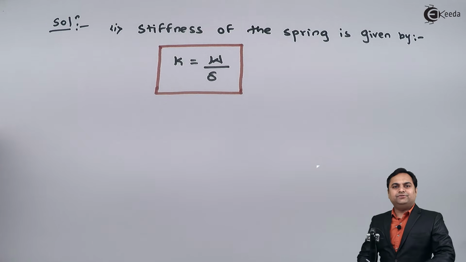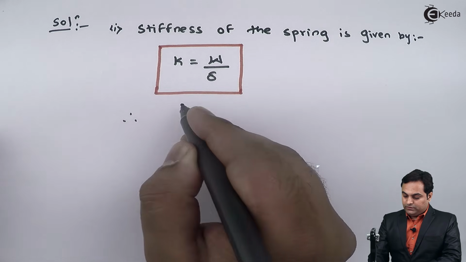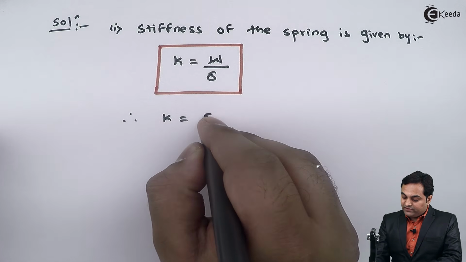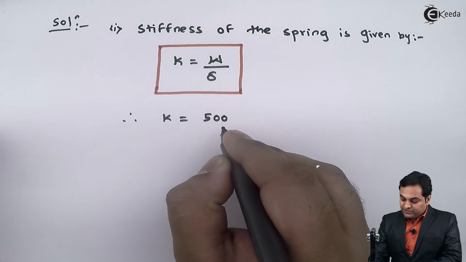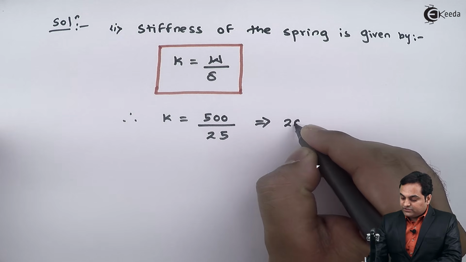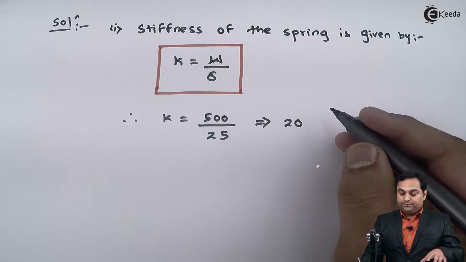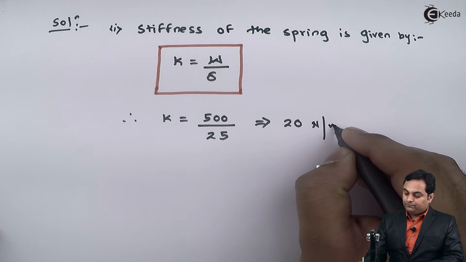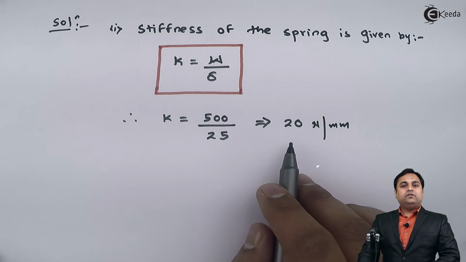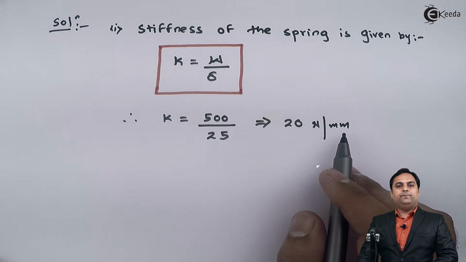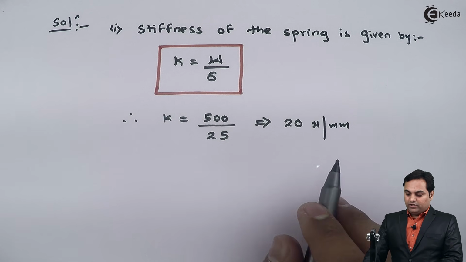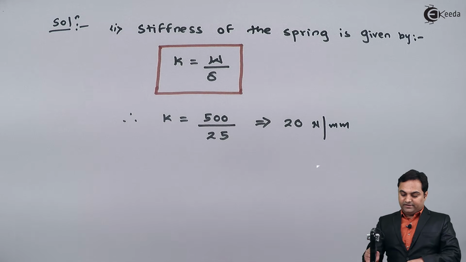Here I'll put the values. K is equal to load, it is 500, deflection is 25, so here I get the stiffness as 20 Newton per mm. So the spring will deflect by 1 mm when the load on the spring is 20 Newton. Now after getting the stiffness, I'll write down,